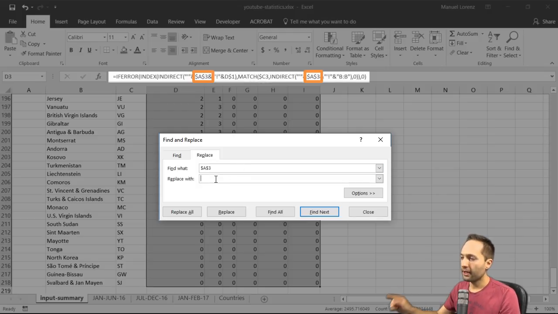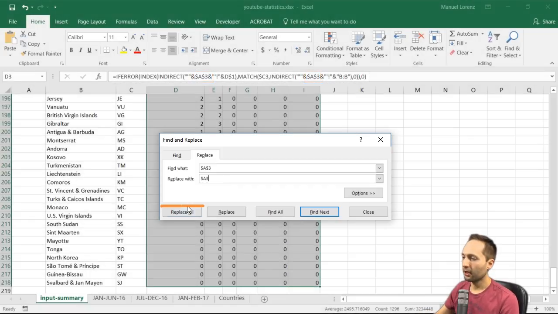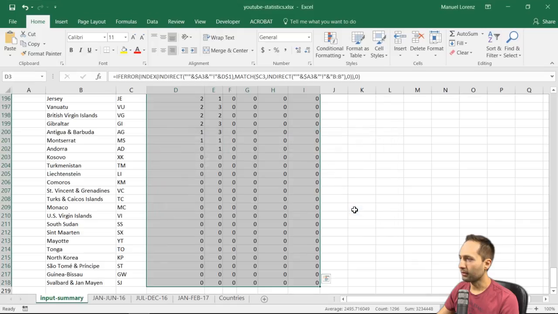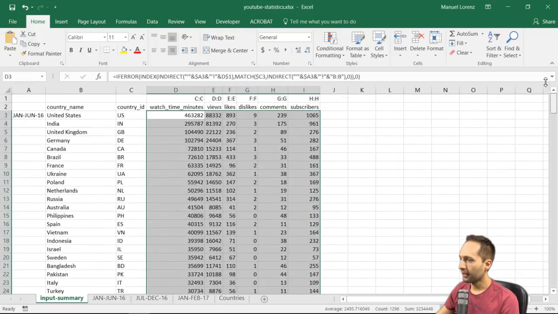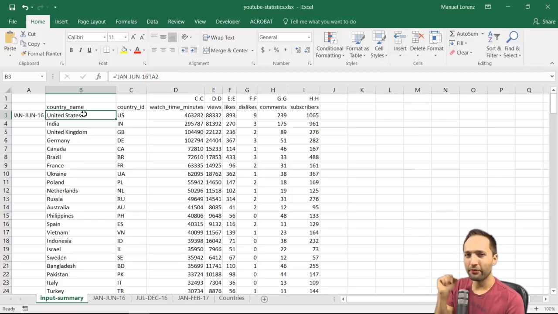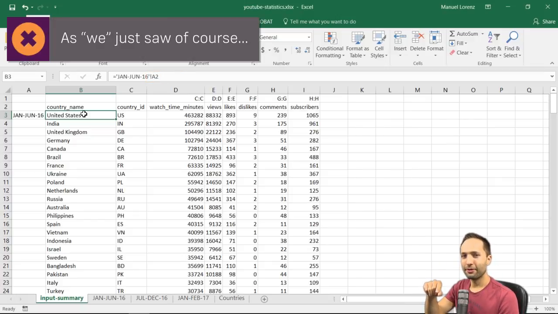And we want to replace this $A, $3 thing with $A3. Because this means that the column is still fixed, which is fine, so not a problem with that, but the row is dynamic or can change, and this is what we want. So let's press Replace All. Now we see that Excel replaced all of the values, and we see that the formula still seems to work, so this is fine. And now we have to do the same thing for the country name, because this is not fixed, and it's not the same thing as I just saw,